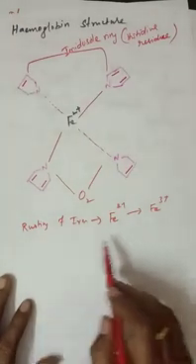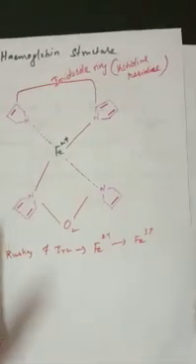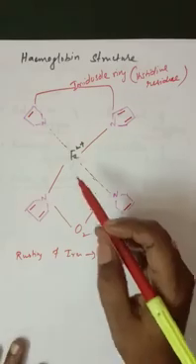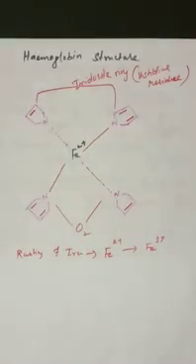So the same thing takes place in hemoglobin also. Hemoglobin is present in our blood, and it has a complex structure. This is the structure of hemoglobin. Here in hemoglobin also, oxidation takes place. We are inhaling oxygen and exhaling carbon dioxide. Did you remember this? So see here, this is the structure of hemoglobin, a coordinated complex structure.